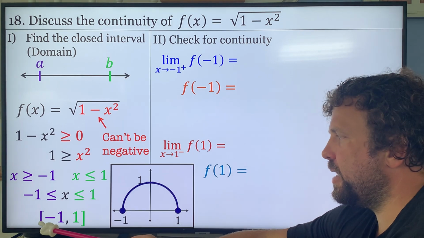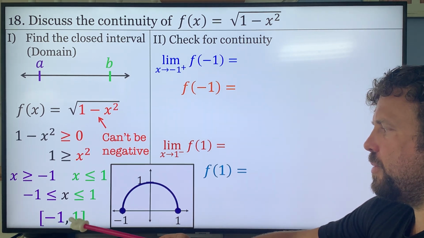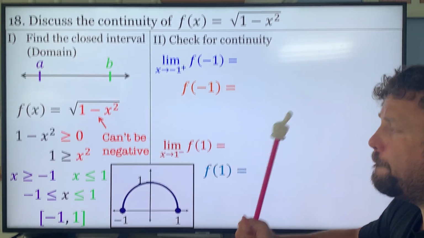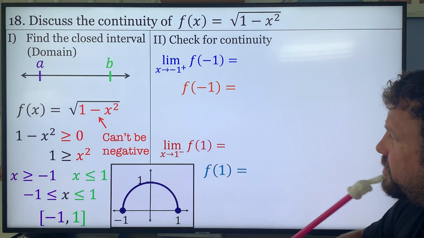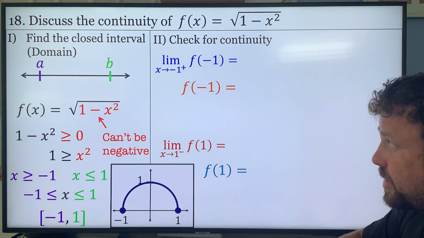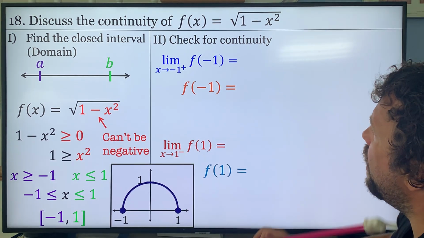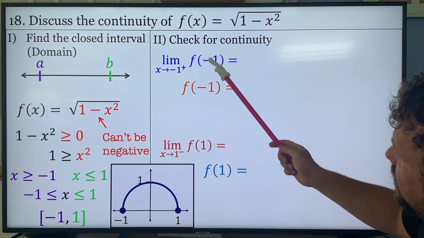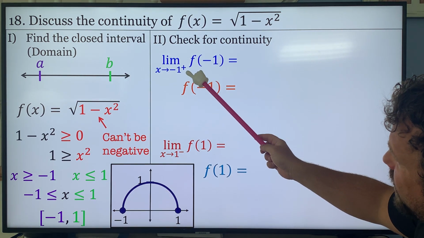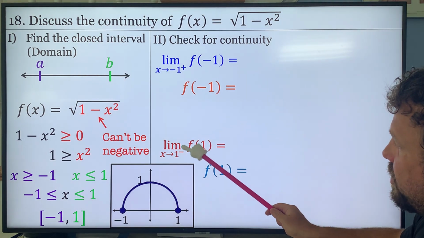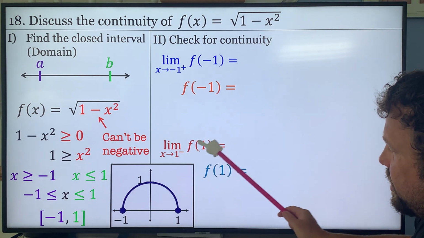When you write this as bracket, negative 1, including negative 1, comma, all the way to 1, bracket. So it includes both. All right? Check for continuity. Now, the way you would check for continuity of something, we're not going to do problems like this in tests or anything, but just always good to know. You would just got to make sure your limit at negative 1 from the positive side is equal to your actual f of negative 1, and your limit as you approach 1 from the negative side is equal to the